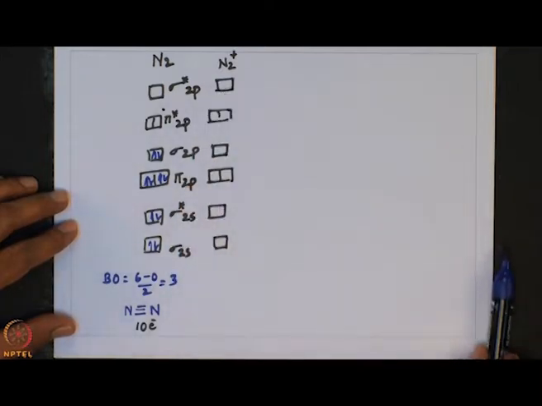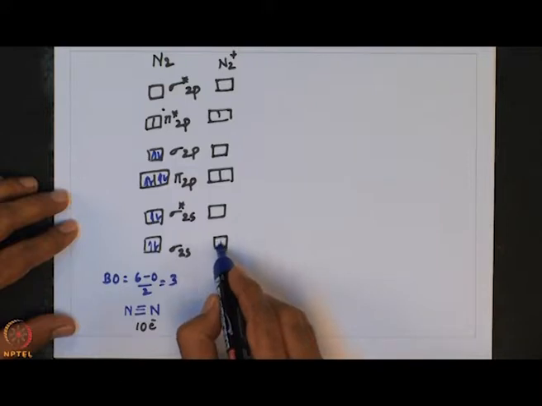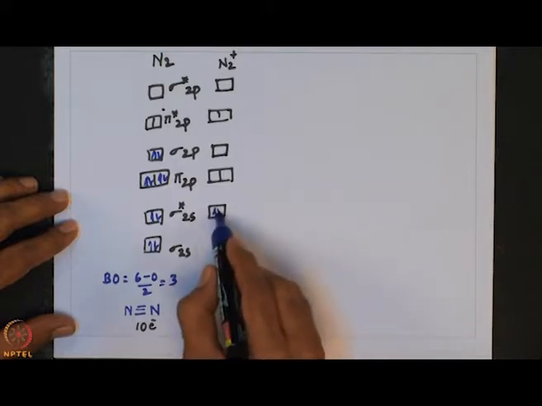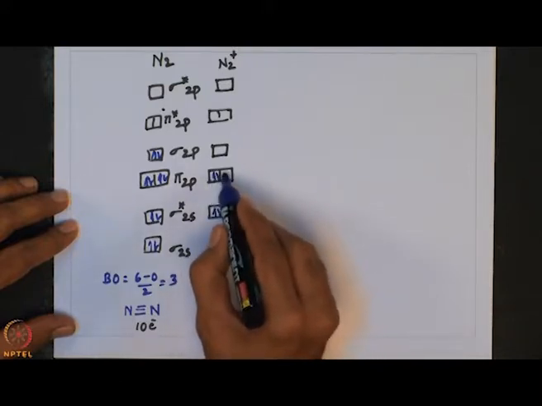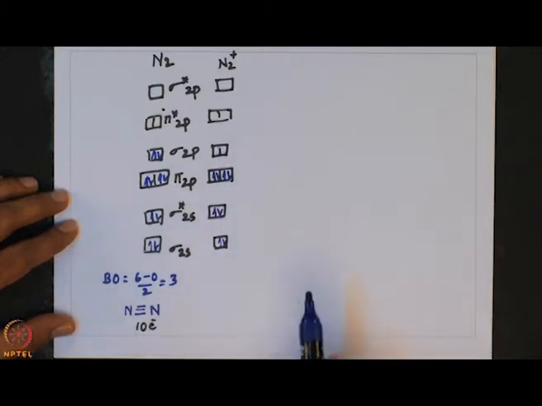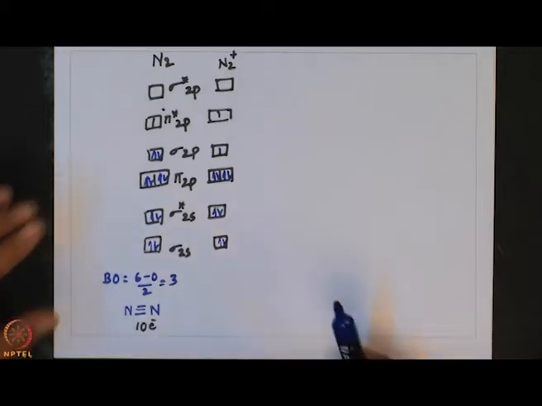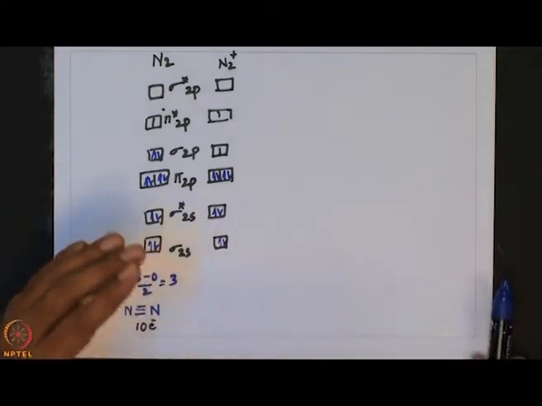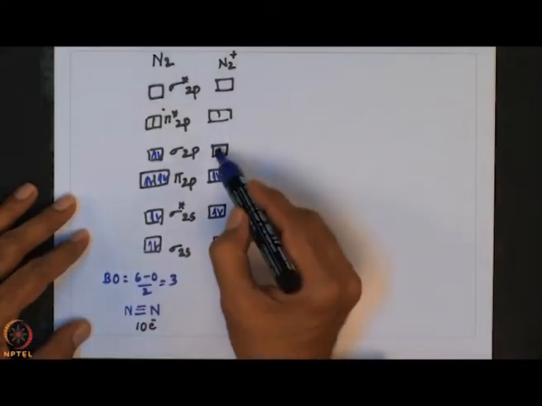Let me start filling now these 9 electrons: 2 electrons here, 2 electrons here, 2 electrons and 2 electrons, and here 1 electron, because N2 plus one is N, one is N plus. That means one nitrogen comes with 1s2, 2s2, 2p3 electrons, that is N. N plus comes with 1s2, 2s2, 2p2 electrons. So, we have a total of 9 electrons. These 9 electrons have been placed here in this fashion.